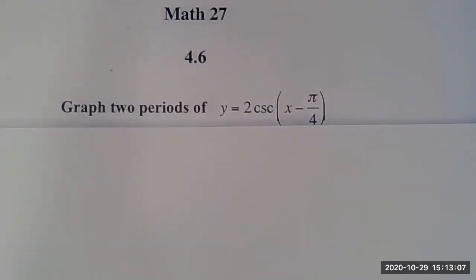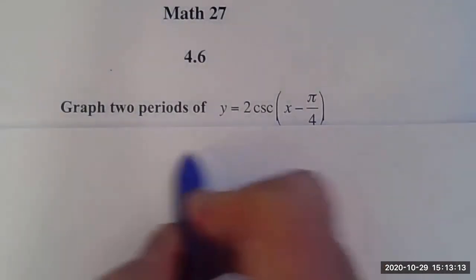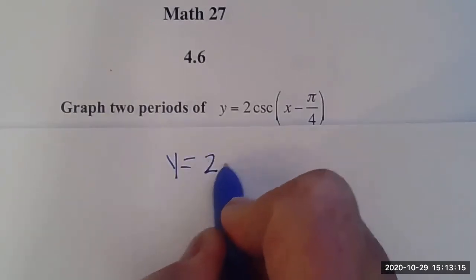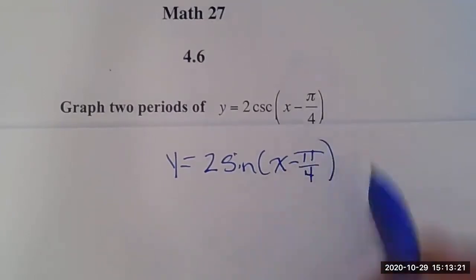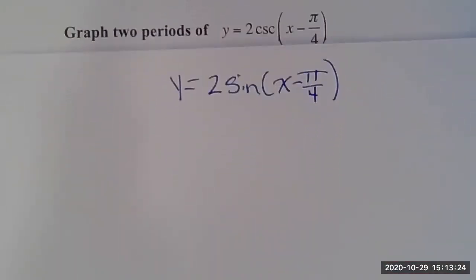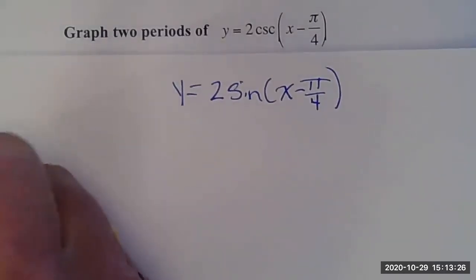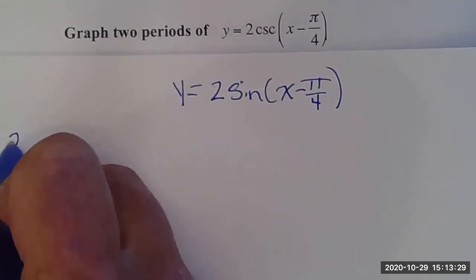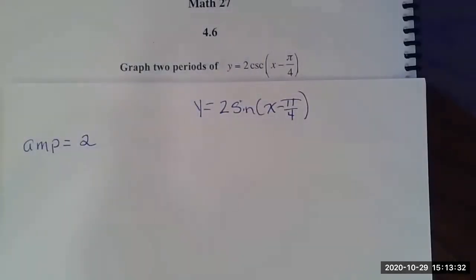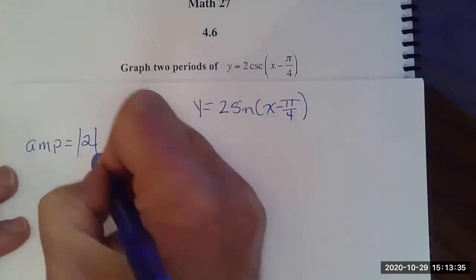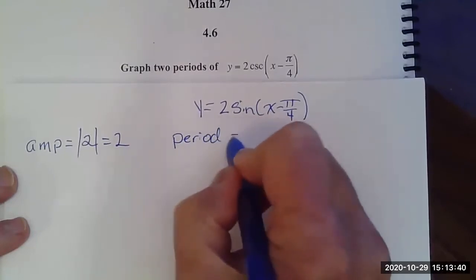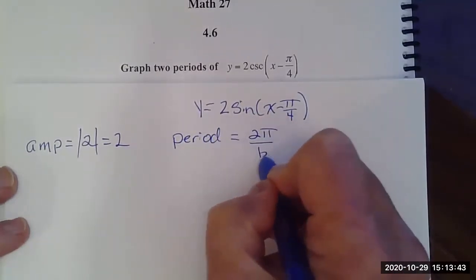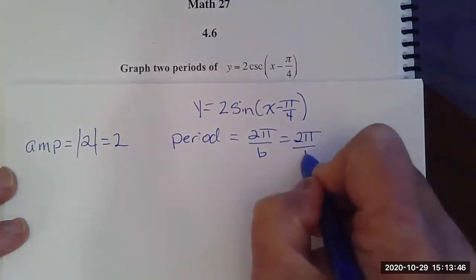So I still want to identify amplitude, period, all that stuff. So what I'm doing is I'm graphing y equals 2 sine. That's the reciprocal of cosecant. The amplitude is equal to the number 2. Remember, it's the absolute value of the A. Okay, sure, it's 2. Period is equal to 2 pi divided by b, which is 2 pi divided by 1, which is